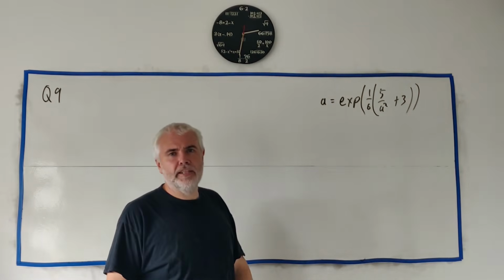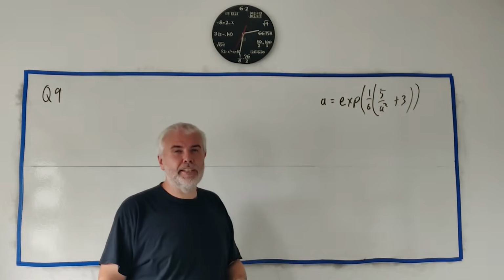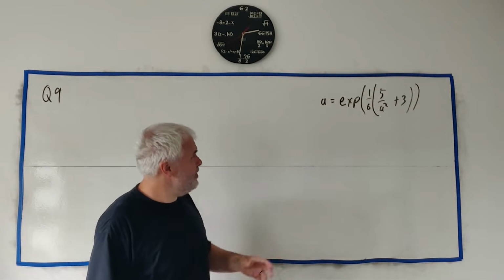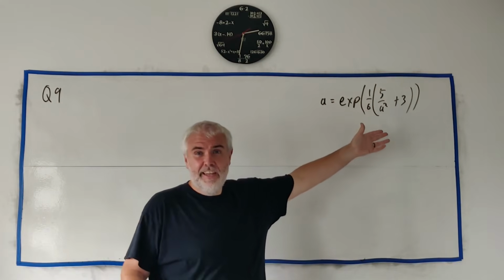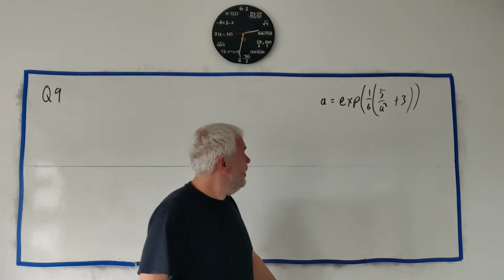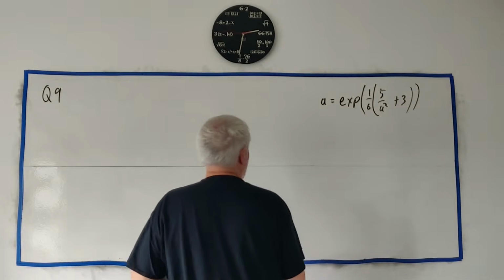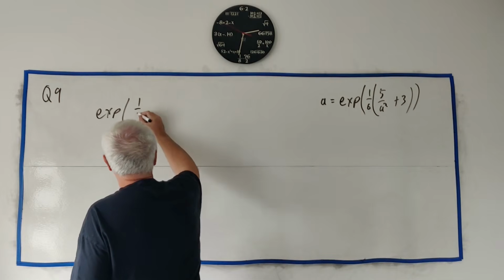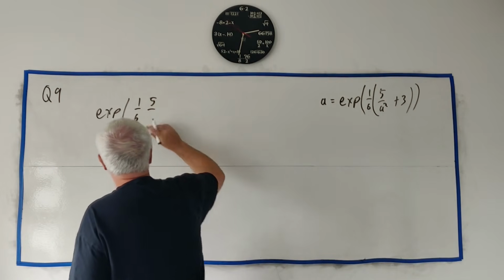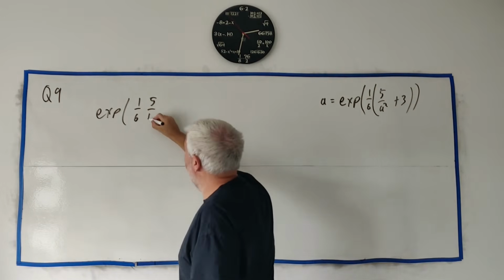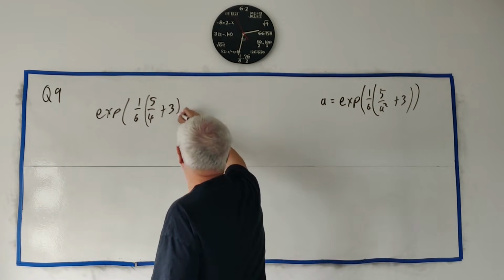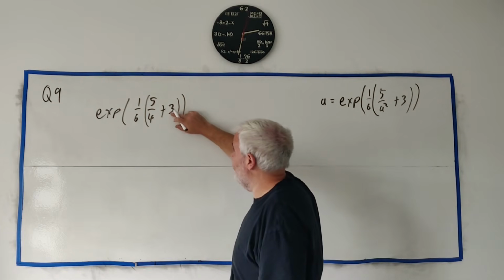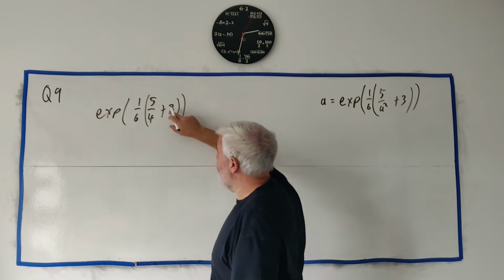Okay, so in part B they ask you to verify that A is between 2 and 2.1. We do that just by putting a 2 in for A here. This is the exponential of 1 over 6, 5 over, if I put 2 in, 2 squared is 4, plus 3. And you can put all this into a calculator, or you could do a bit of it in your head. This is 12 over 4, 17 over 4,